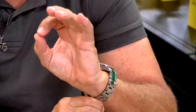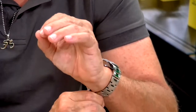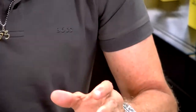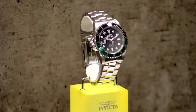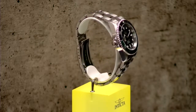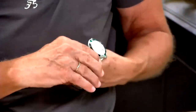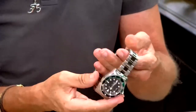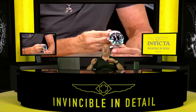And there's one thing I want to tell you. As a pro diver, you might be diving with gloves in the winter time when the water is colder, and even with gloves the crown will not affect or damage the gloves. So it's really useful, and to me it's just special. I like the way the watch looks with the crown on the left side. So this is the Hulk